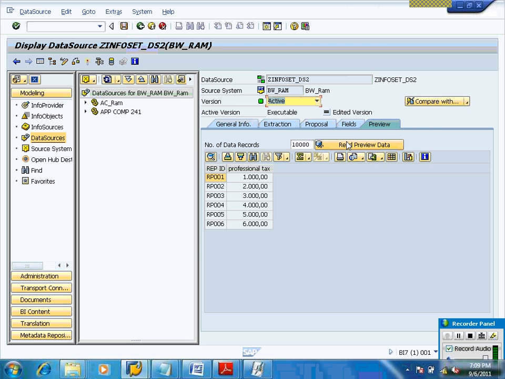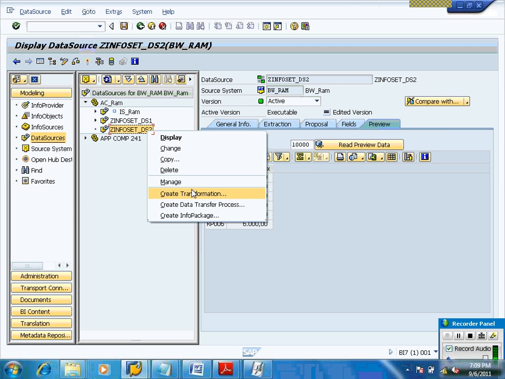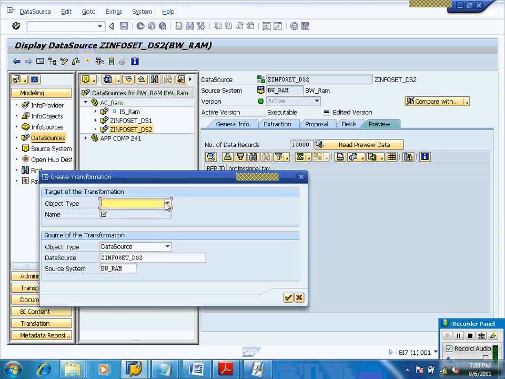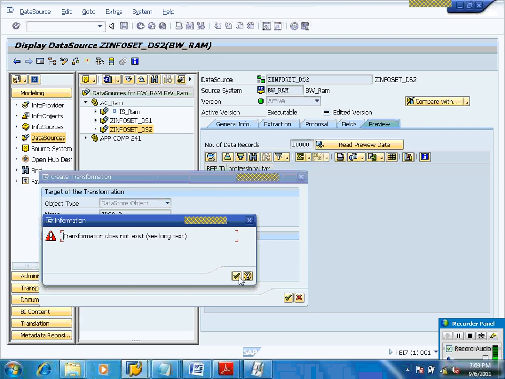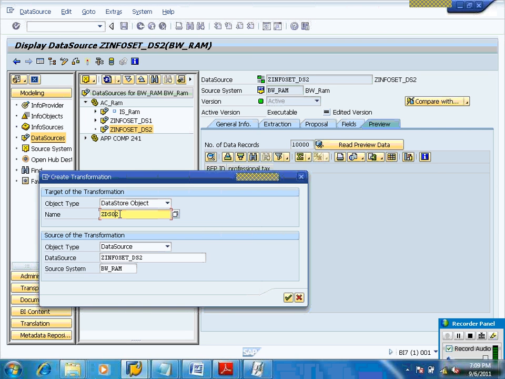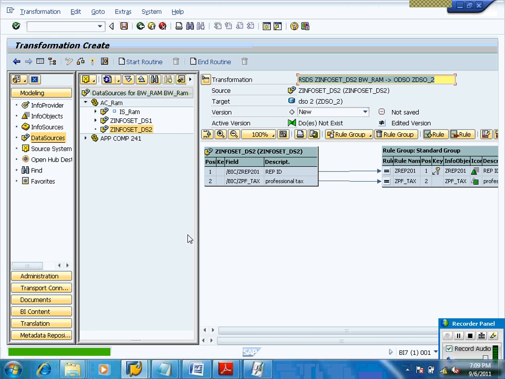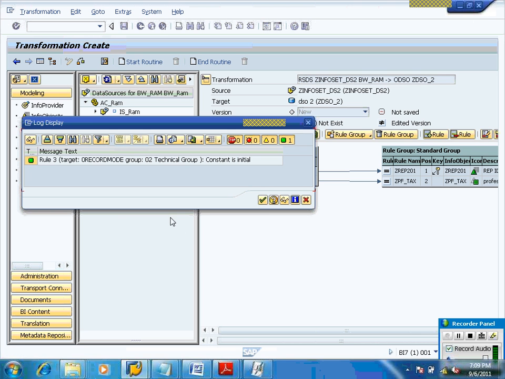Go to schedule, create schedule to start, then your data source is ready. Right click this one, and create transformation, it is CDS4 underscore 2. Now activate this one.